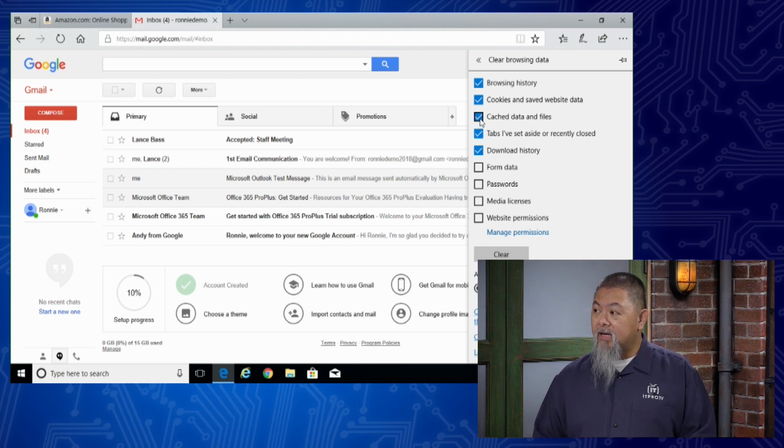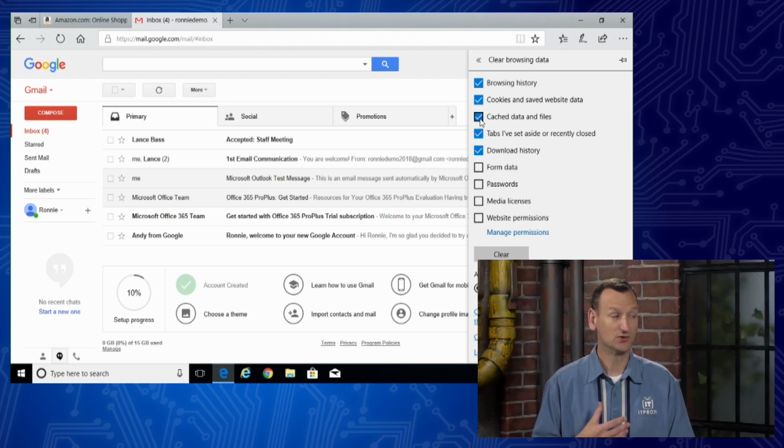Where I've seen this a lot more often is when somebody's ended up on a training computer, when we used to do training, where they said, I logged into my company's email, and now when I go to it, it's automatically logging me in. How do I get rid of that? Well, you want to go ahead and clear that cache out so that it's not saving that data on that computer. One place where I always see this is at hotels that usually have a business computer available down in the lobby where you can sit down and use one of their computers if you don't have your own. Well, if you fire one of those up, you'd be surprised what's already cached in the web browser from previous hotel guests.